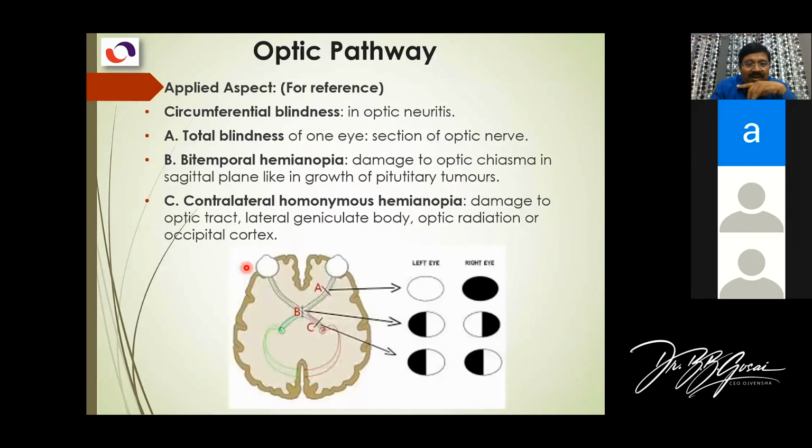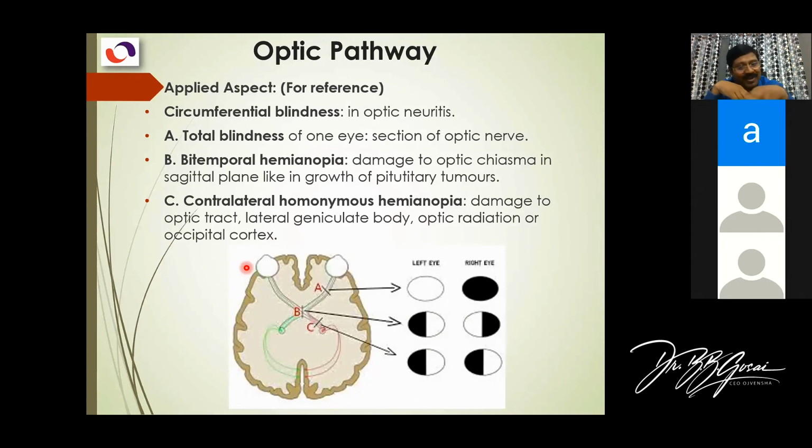So these are all about reflexes, and the last part was about the clinical, which I already mentioned. Except for optic neuritis, we have a circumferential blindness. The patient has a tubular vision, a tube-like vision, he can see only tubular. Peripheral field of vision is not seen. So it is circumferential blindness, which is common in optic neuritis. And total blindness, we already discussed, which is A here. We discussed the bitemporal hemianopia. Why? The nasal part of the retina crosses, the temporal field is lost, bitemporal hemianopia, D here.